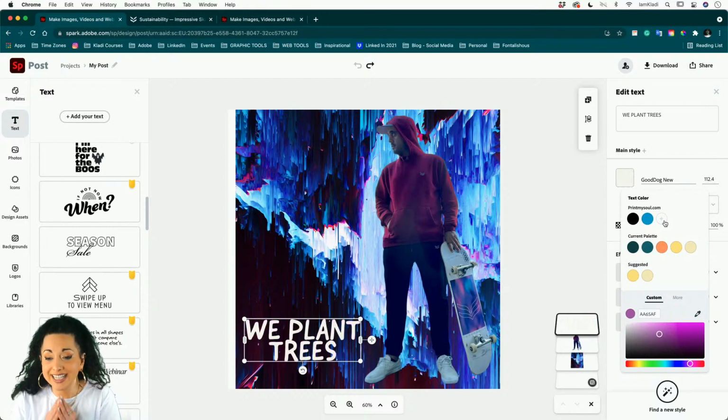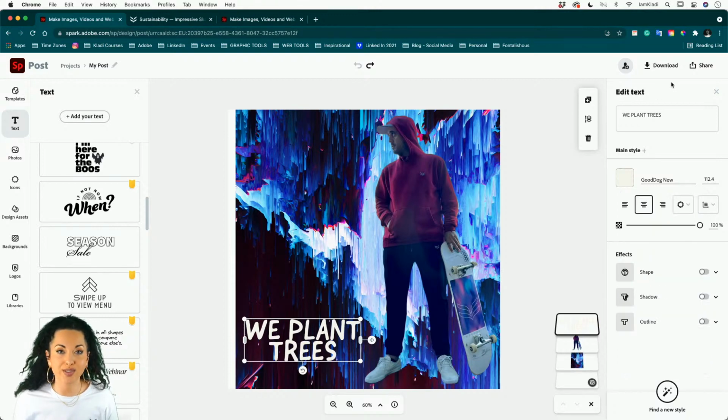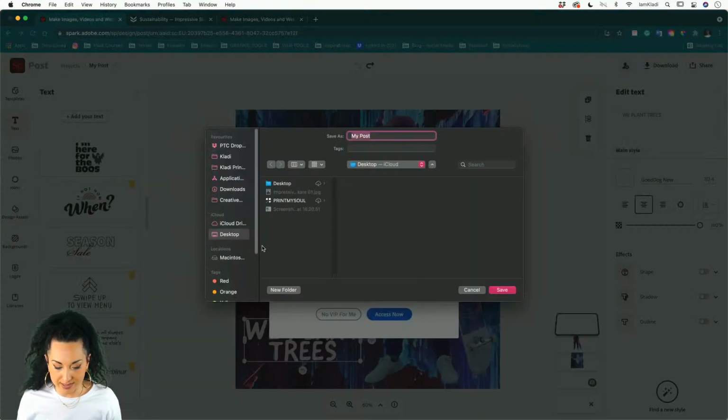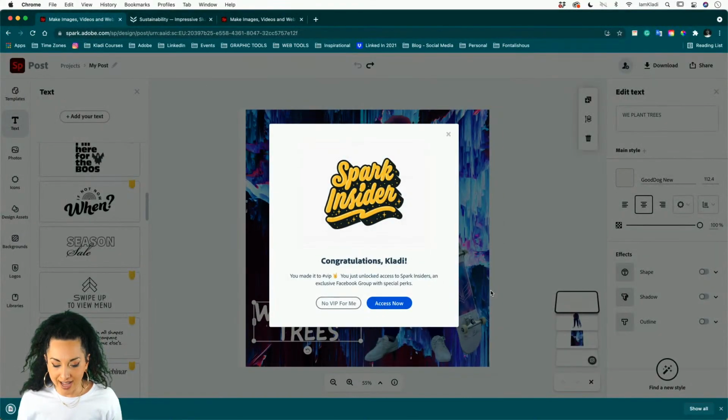Now, unfortunately, it's pretty much time to go, which is incredible. When we have fun, time always goes too fast. And what we're going to do here is to make sure that we click on download. In order to download your image, you can select a JPEG and then click on start download. And you will see that the image downloads real quick. You can select where to place it. And then I will strongly suggest to go ahead and